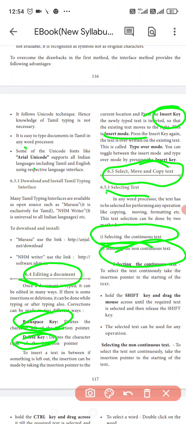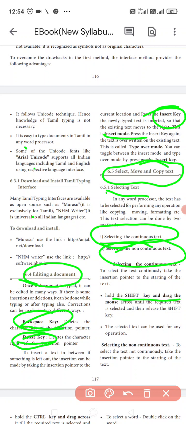To select continuously, keep your insertion pointer at the starting of the text. Next, press the Shift key, then click and drag your mouse, or use the right arrow, left arrow, up arrow, or down arrow.